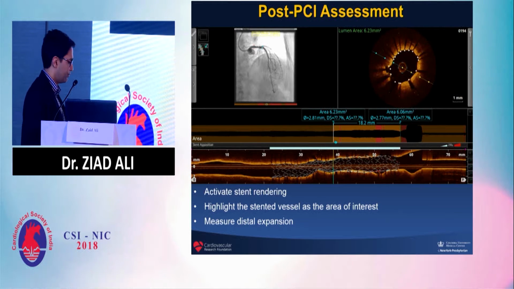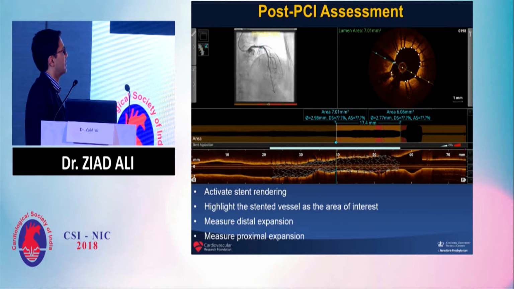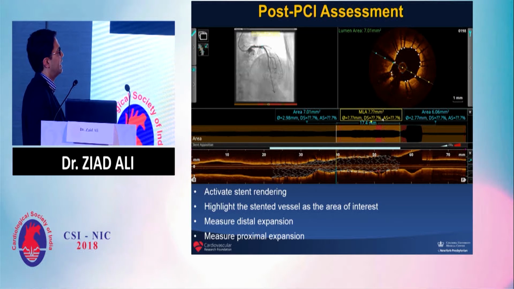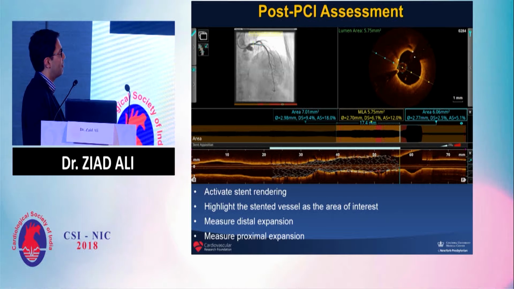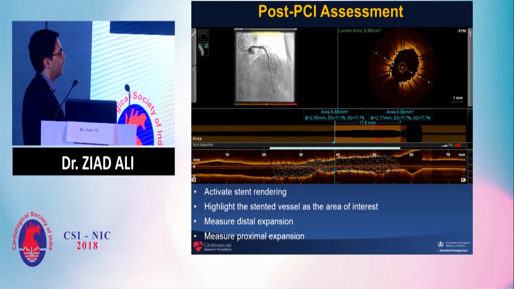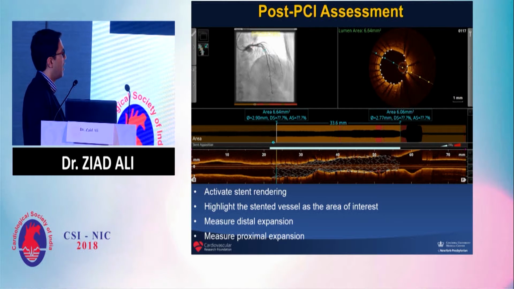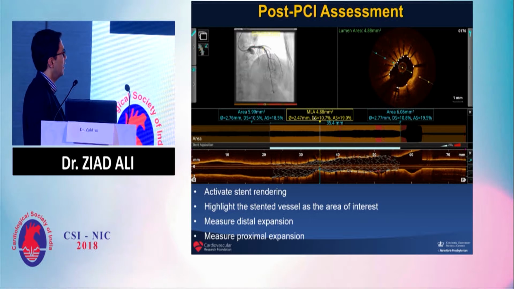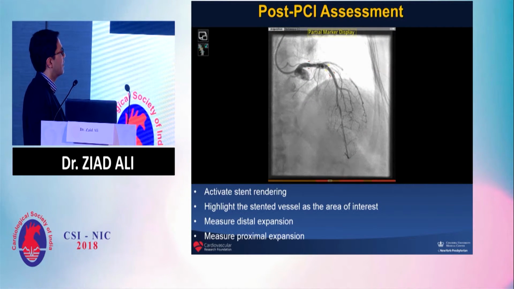We now move the proximal reference just outside the white bar and put the second marker right into the middle of the stent, and we measure the proximal expansion. We see that the yellow box, which is the minimal lumen area, is at the proximal reference, and therefore the residual area stenosis is only 5%, fully expanded proximally. Finally, we highlight our region of interest again, click on the MLA, and then click on our angiographic co-registration,